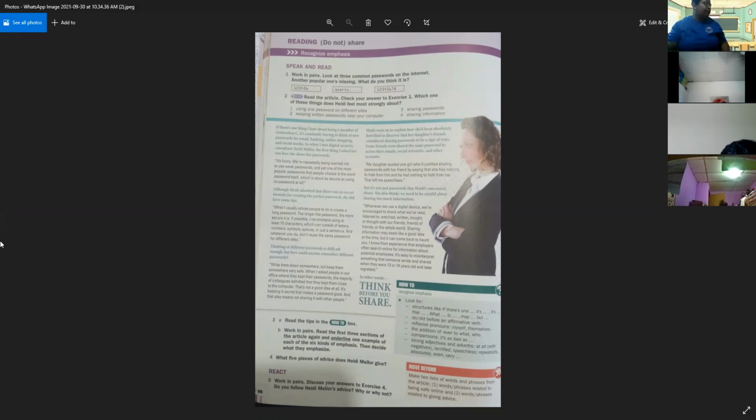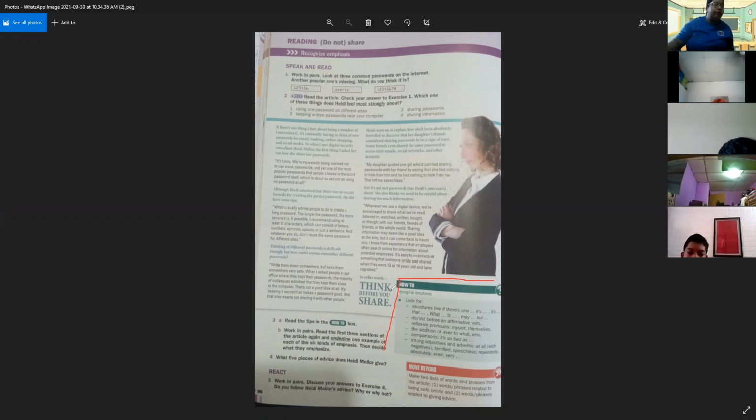Okay, today is September 30. This is the activity of reading: recognizing emphasis. The first part of the activity is to read the how-to box where they give us tips about how to recognize